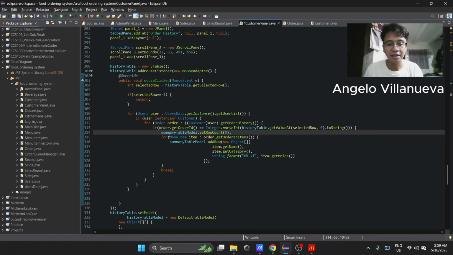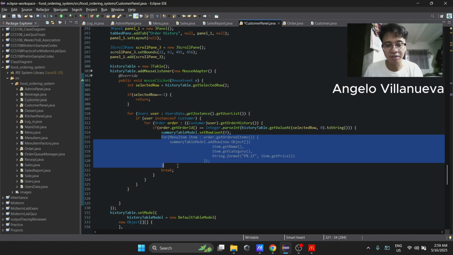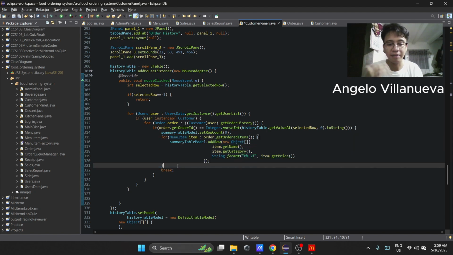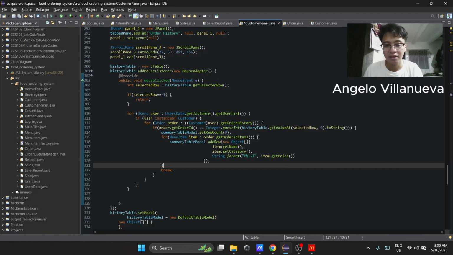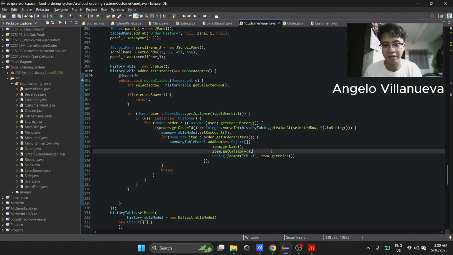So after nun, itatraverse na natin yung order object na yun, yung list ng menu items sa order object na yun by using the order.getOrderItems. So after nun, yung summary table model natin, which is yung table model para sa ating summary table, is mag-add ng row, and then mag-create ng object, and then isa-store yung necessary na information na kailangan natin dito, which is yung menu name, category, and price, by using the getter methods for the get name, get category, and then yung get price.